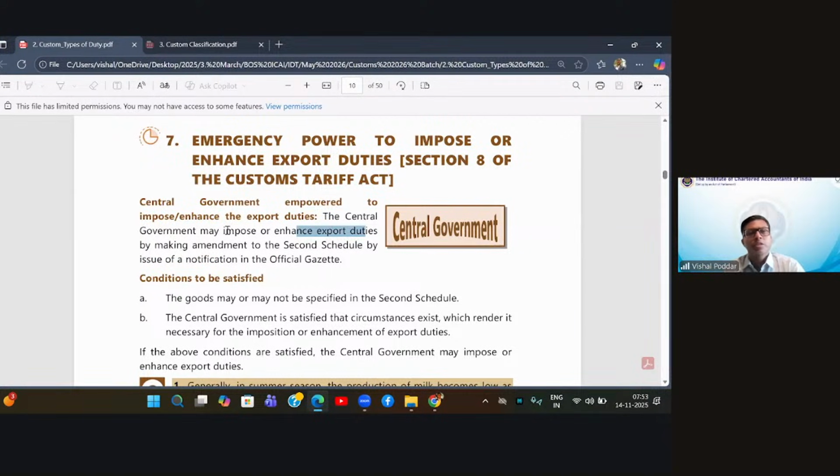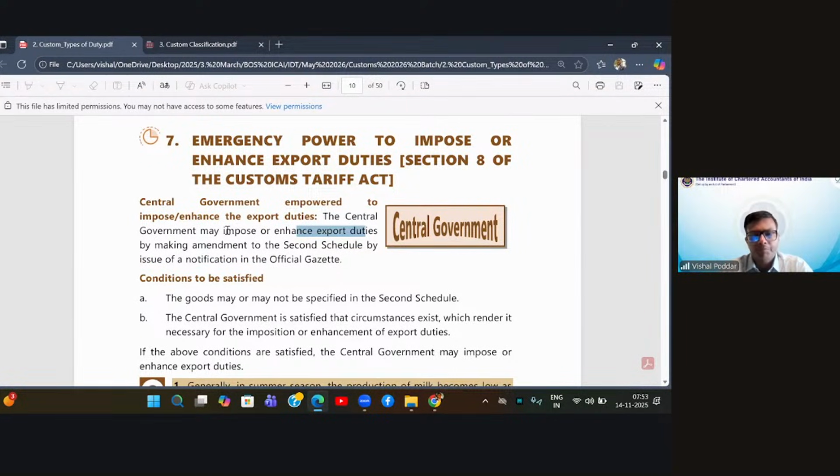Now, what does this section deal with? Let us understand the relevance. Under GST, our duty rates are given by way of notification. Hence, we call it the rate notification. Whereas under customs and the earlier excise, the duty rates are given in the act, which is the Tariff Act, which we are presently studying for customs.